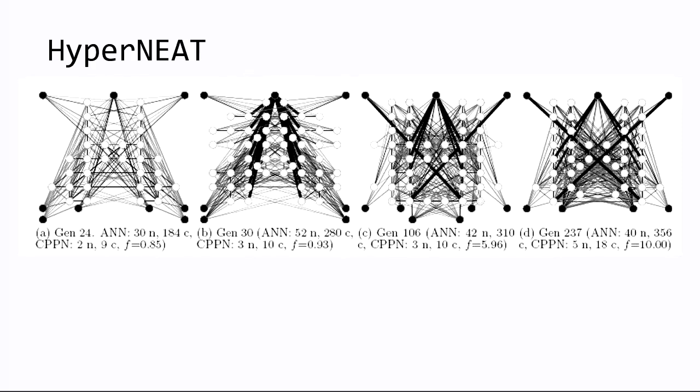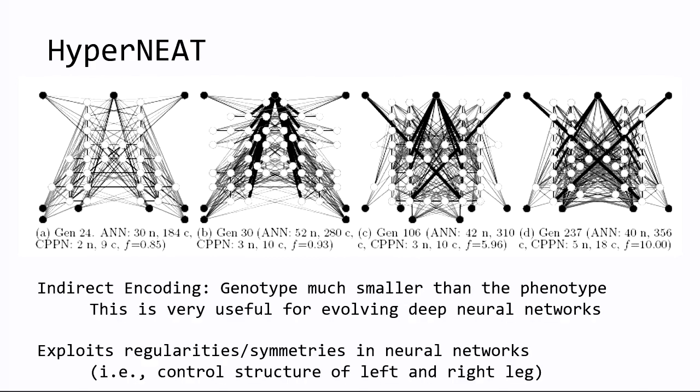And you can see that they have really cool patterns. So first off, there's a lot of symmetry. And that makes sense, because if we're trying to evolve a robot that can walk, do we really need a separate control structure for the right leg's movement and the left leg's movement? Probably not. It's likely that those would both have the same control structure, or maybe inverses of each other. And those could be easily accomplished by just nesting functions of itself. So the indirect encoding here comes from the fact that the genotype is actually much smaller than the phenotype, and this is really useful for evolving deep neural